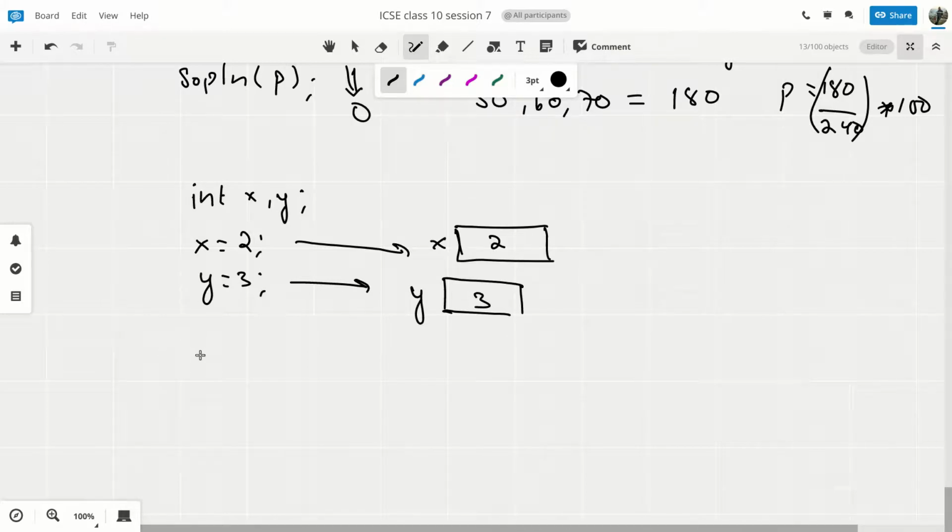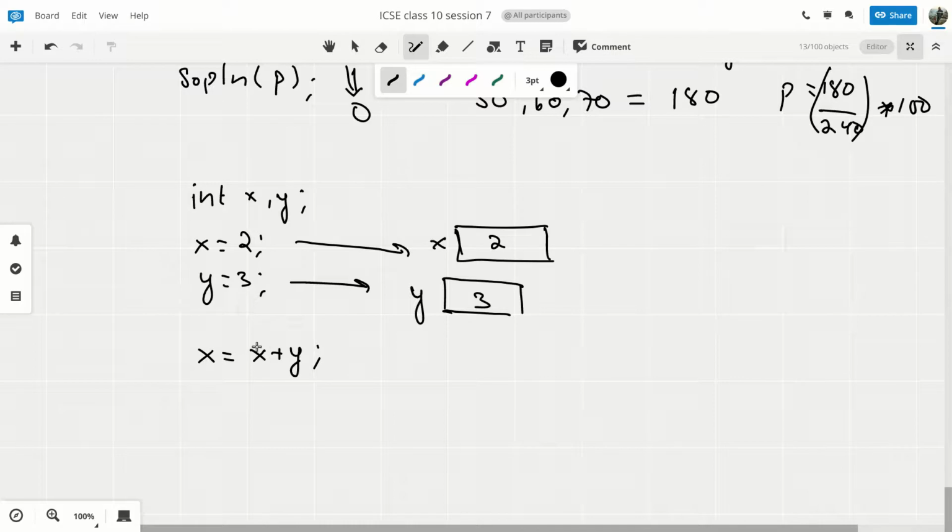What we will do further is, we will write x is equals to x plus y. This is what we are going to do. Always remember, first the right side expression is evaluated, and the value of the expression is then put on the variable labeled as whatever is given on the left side of equal to. So first x plus y will be evaluated.